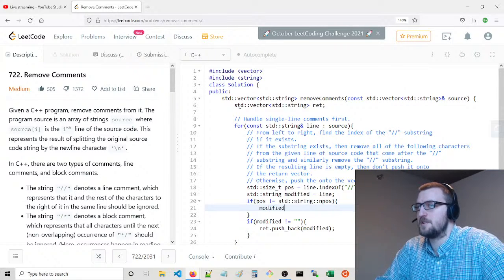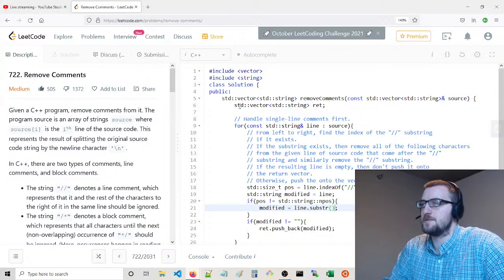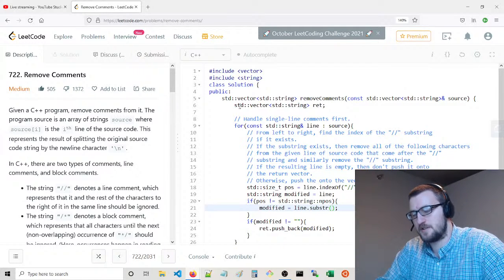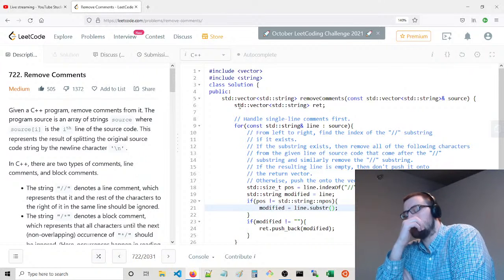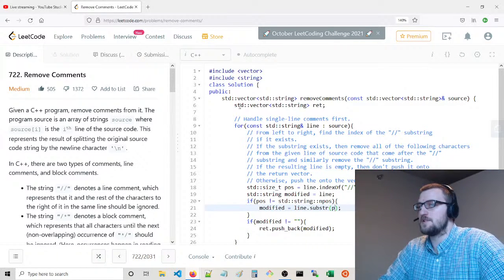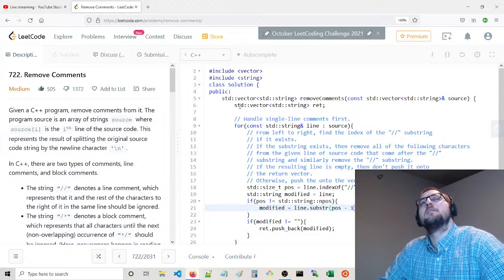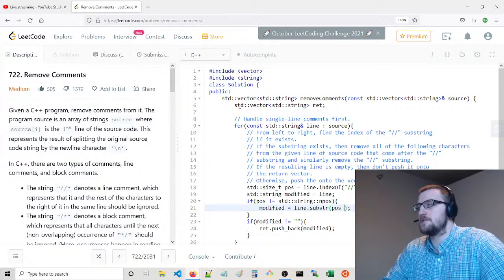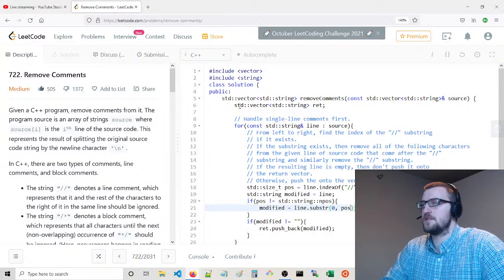then we set modified to line.substr. In C++, you can give the index and a number of characters. We're actually going to take position index, and it's going to be... no, excuse me. It's actually going to be 0 to that position.